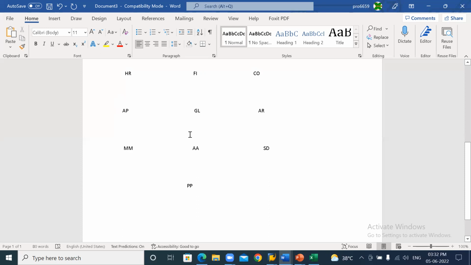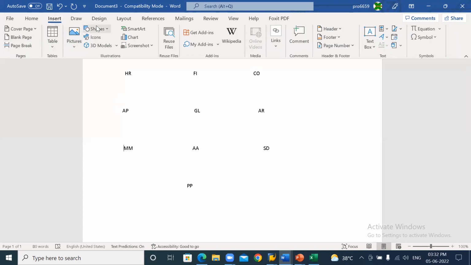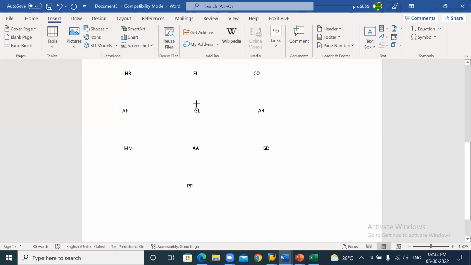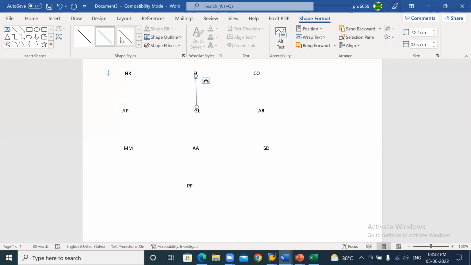Every transaction will flow to GL, and from GL it will flow to FI to CO. Check how the data flows. So GL to FI, from FI to CO, FI to CO, and